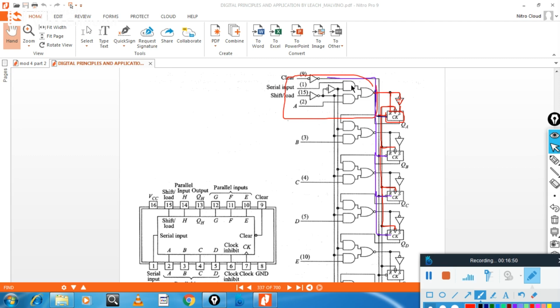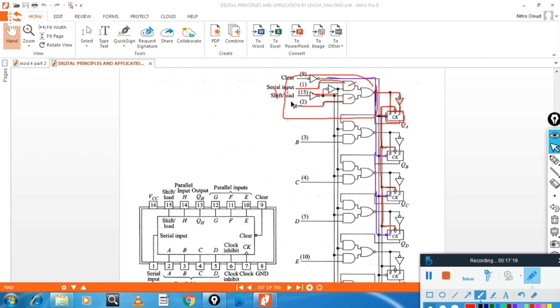The NOR gate gets its output from 2 AND gates. The input to one AND gate is a serial input. The input to the other AND gate is parallel data. Then there is one control signal that we use to shift and load.